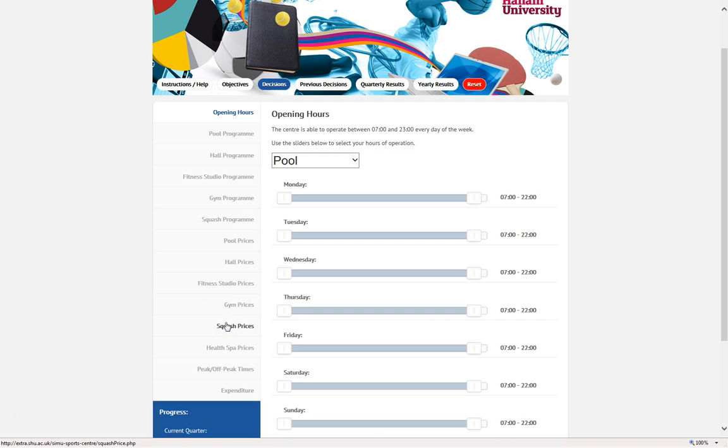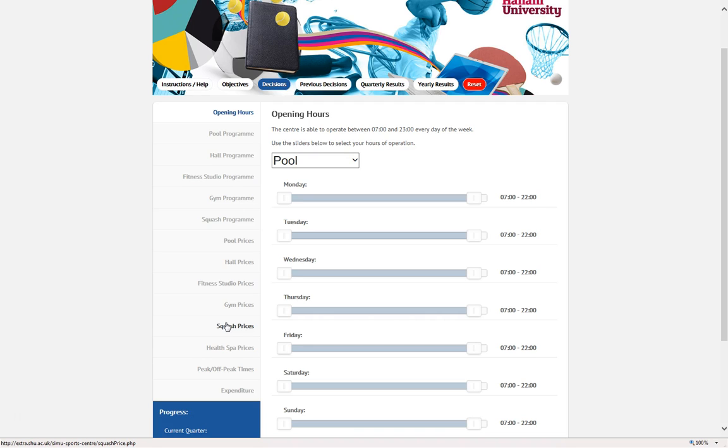So they're evaluating the immediate impact of their decisions, and this is where the simulation comes into its own, because students get immediate feedback on decisions they've taken in terms of the impact this has had on the performance of the centre. They take on board this information and recalibrate their decisions in light of this information. So it really engages them in reflecting on information, thinking about what they've done, the impact of their decisions, and